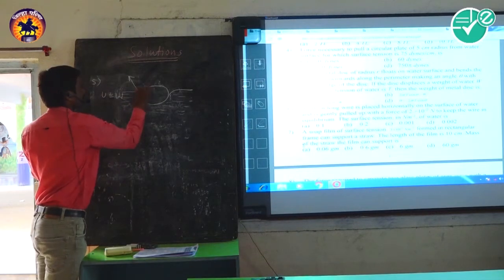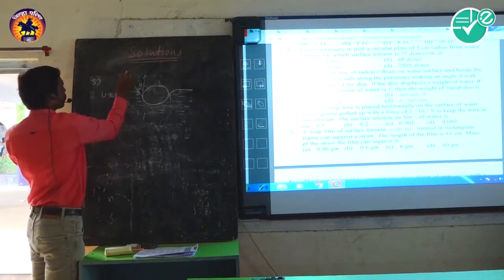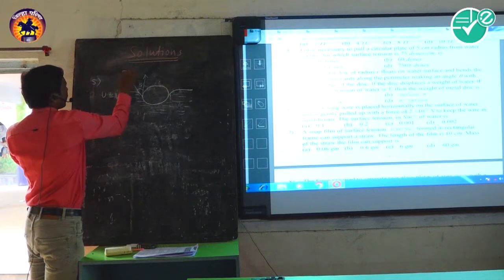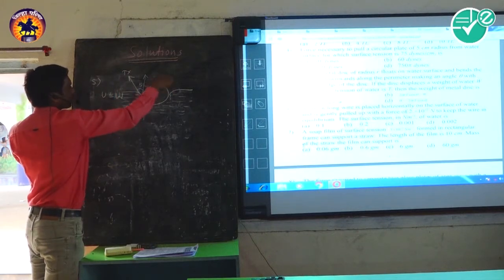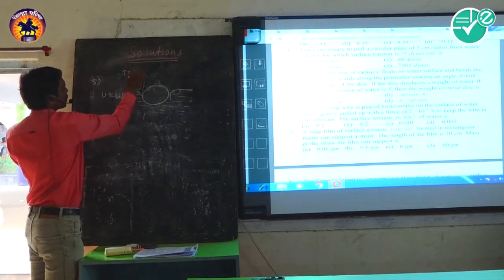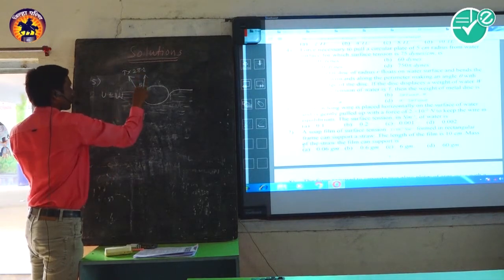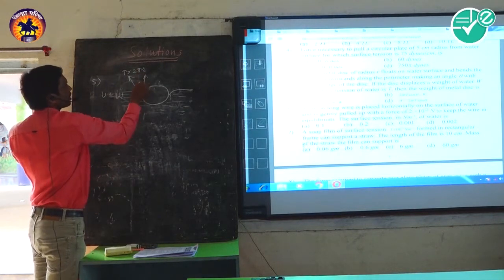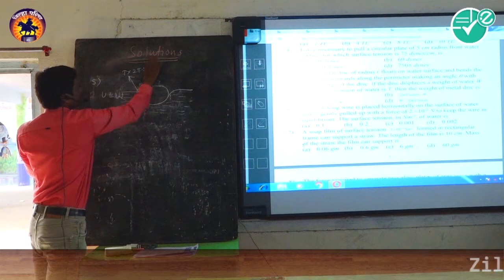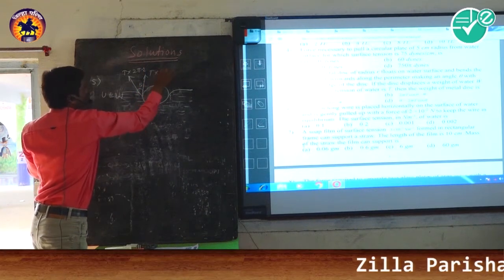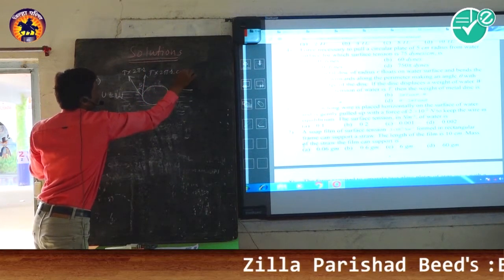Here it is the vertical plane of the disc, so it is the angle of contact. So the force due to surface tension is T into the length of the circumference of the disc, that is 2 pi r. But this is the vertical component and this is the adjacent angle, so it is T into 2 pi r cos theta.